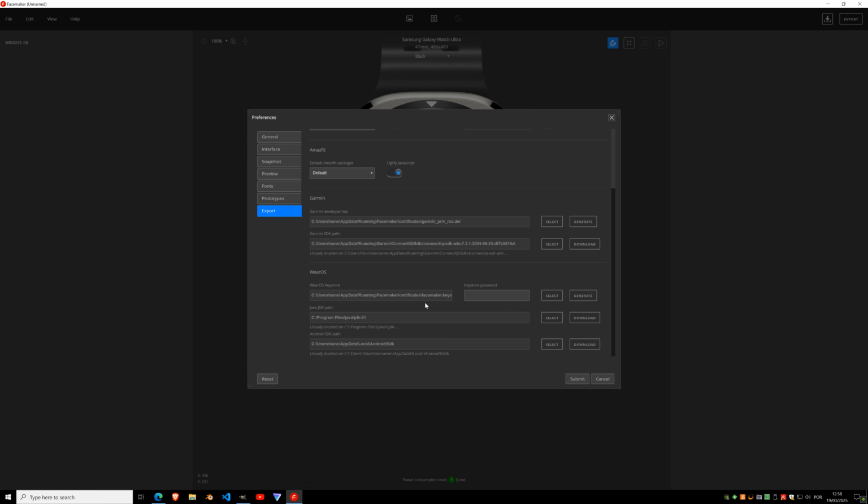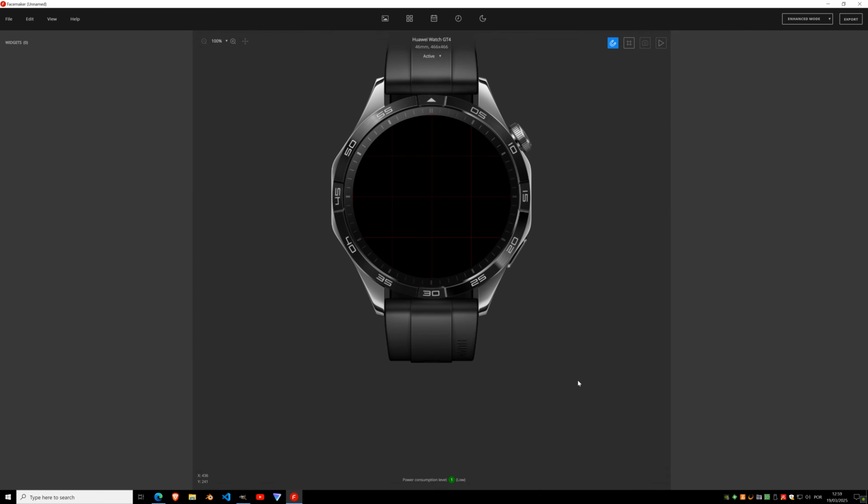So after you create the Keystore, you have to enter the password that you set for the Keystore. In this case, 123456, and submit. And we're ready, believe it or not, to start building for Wear OS. And this is the initial setup, okay? So now, let me show you here